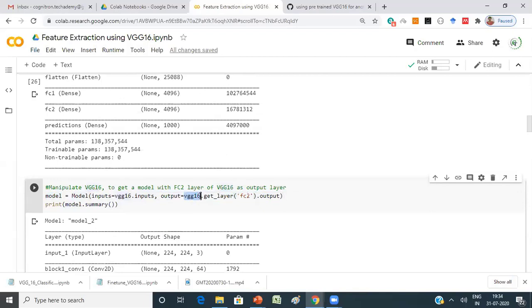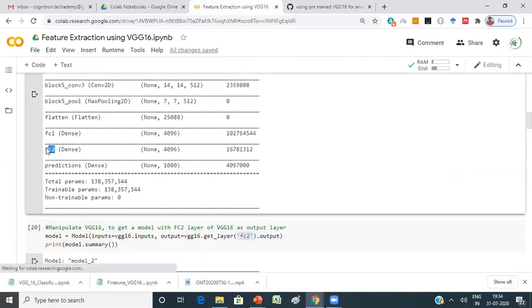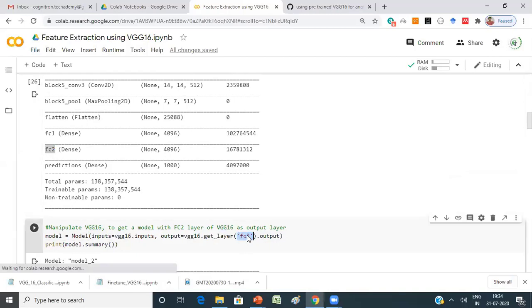Here VGG16 is the object you created, and from that you get the layer you want, which is FC2. If you observe, the summary gives you the name, so from here I got the name of the fully connected layer, FC2, and you pass that as a parameter to the get_layer function of VGG16.